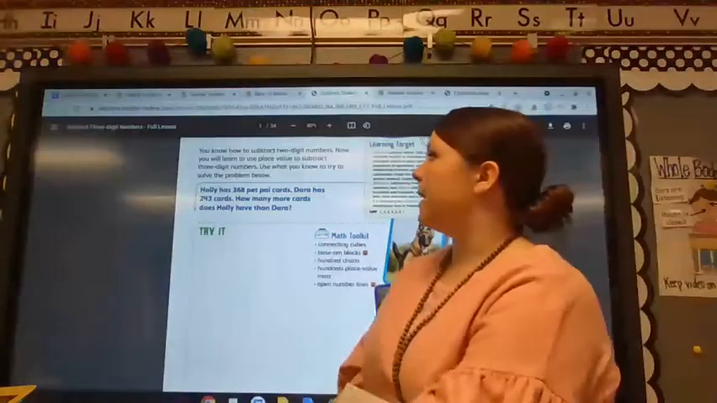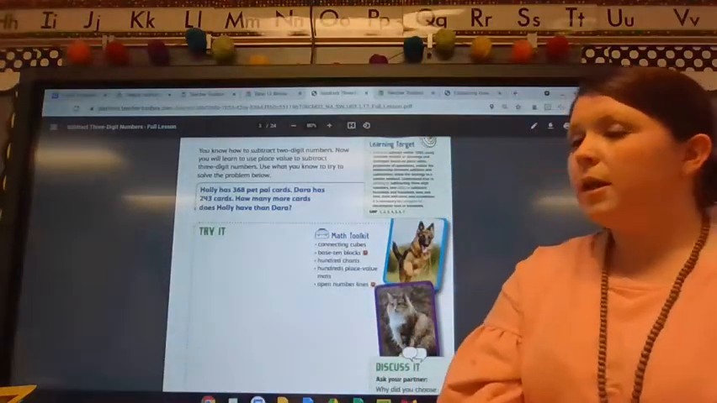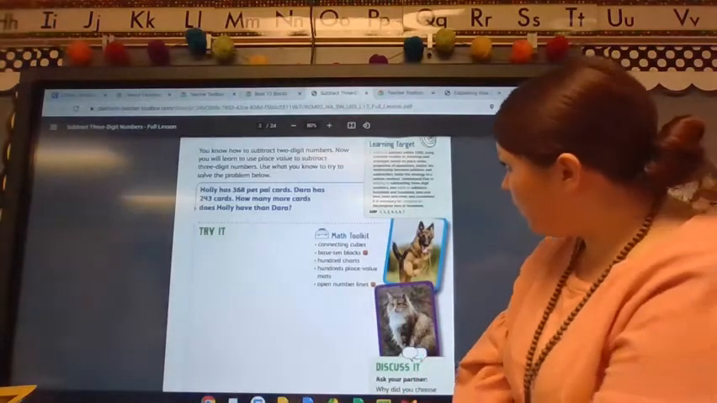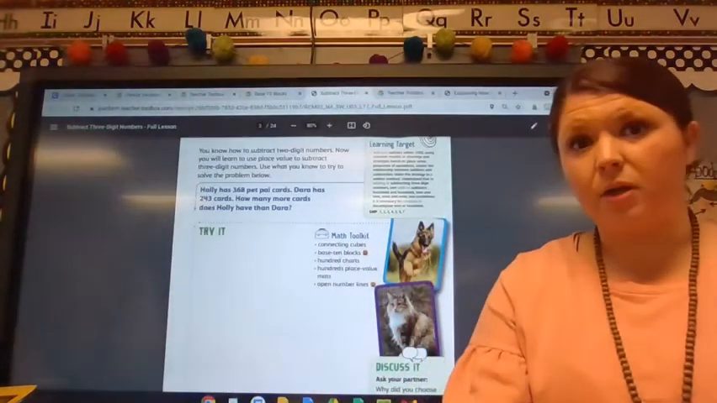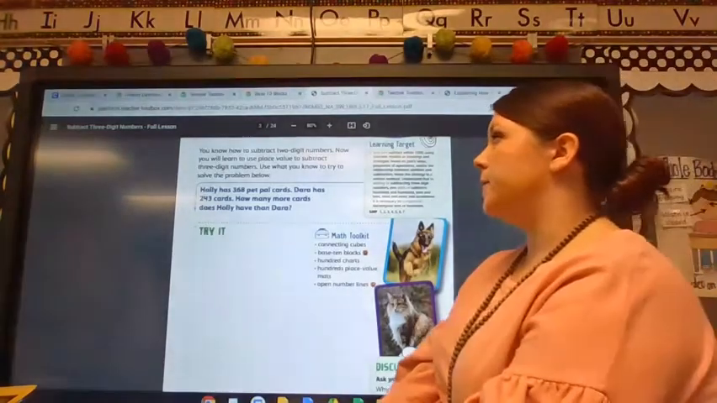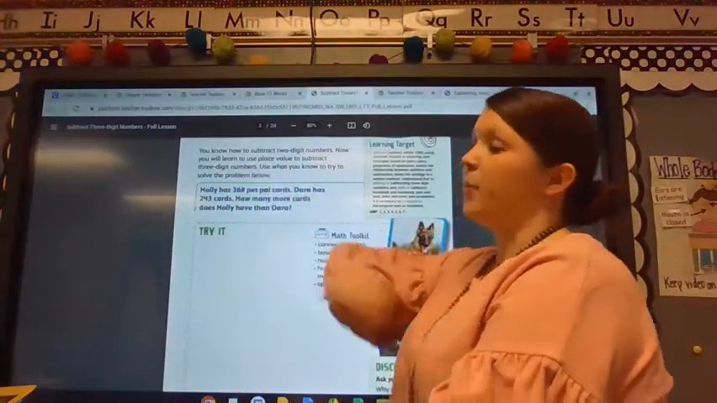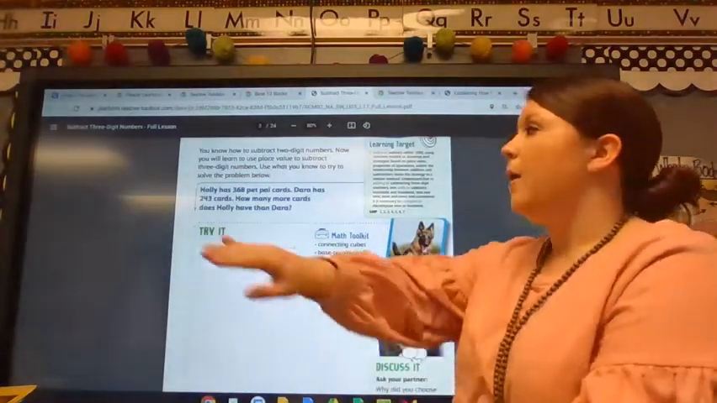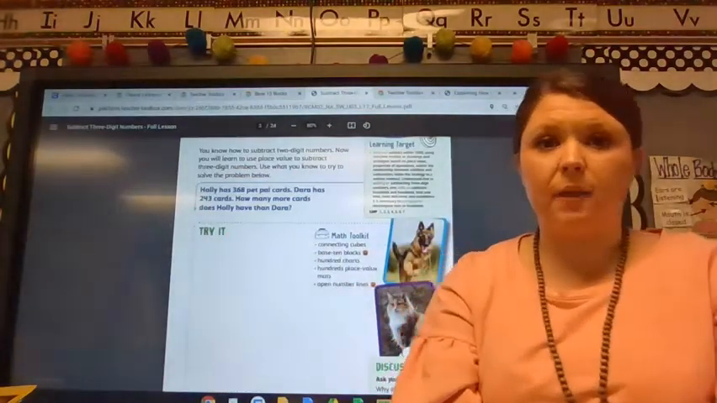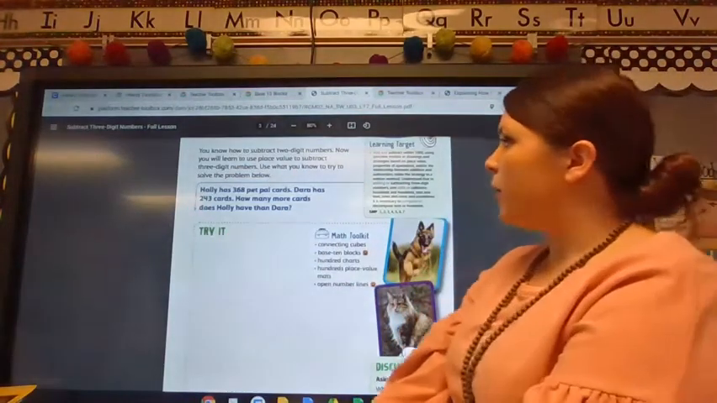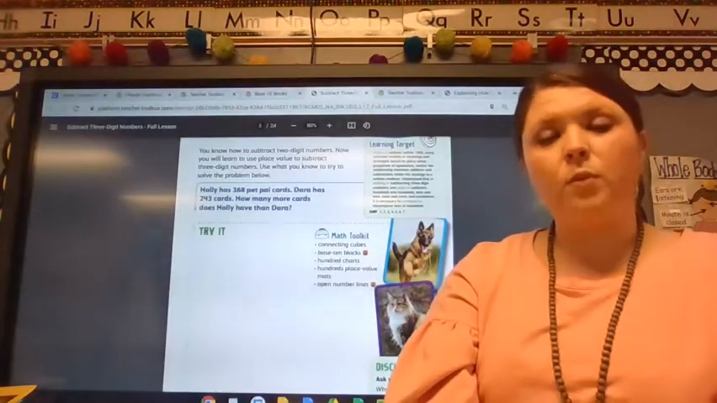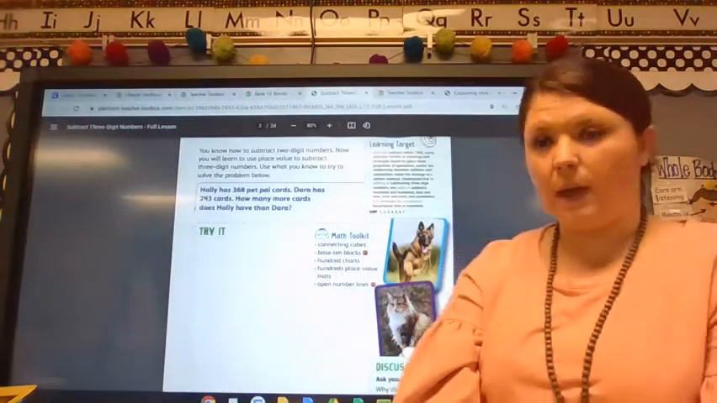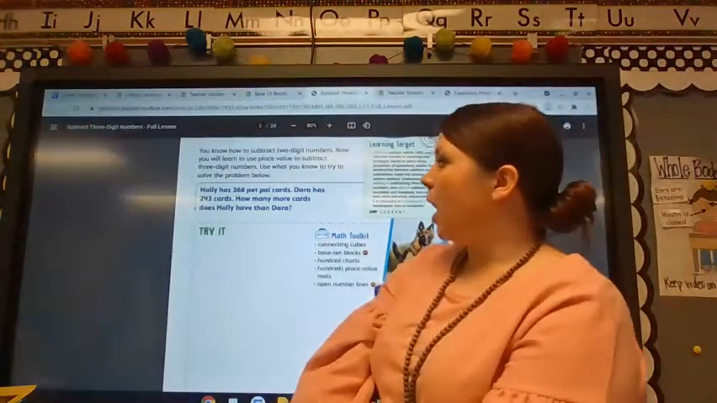So we have subtracted 2-digit numbers. We've also practiced adding 3-digit numbers. So now what we're going to do is take what we've learned about place value, and we are going to practice subtracting 3-digit numbers. We're going to use what we know to try to solve this problem, and then we will learn from what we did, okay? The problem says Holly has